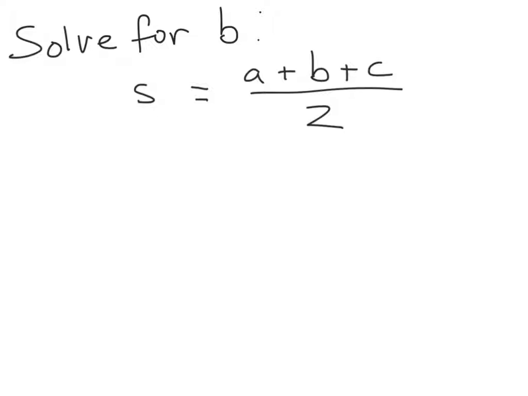Here's another similar example. You have an equation. This one actually has 4 different variables. All they want us to do, though, is get b by itself, right? So this is the one we want to get by itself. So we're going to have to get rid of the 2 and get rid of the a and the c. Start with the